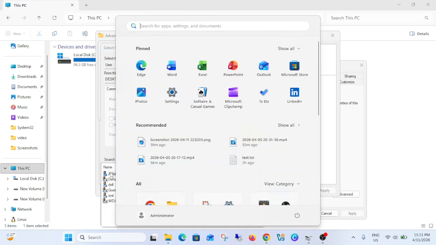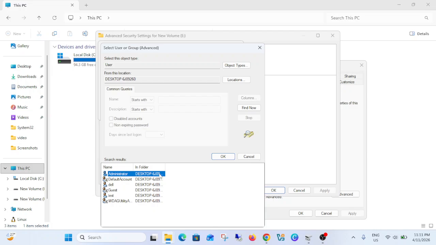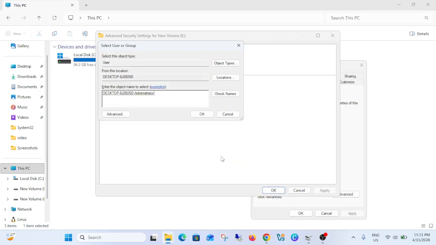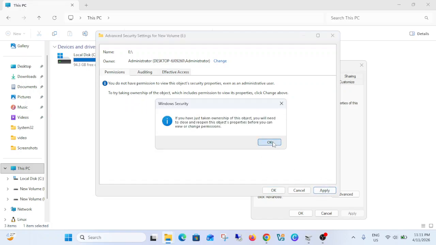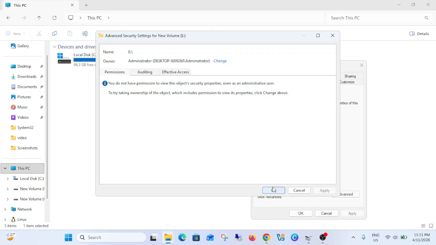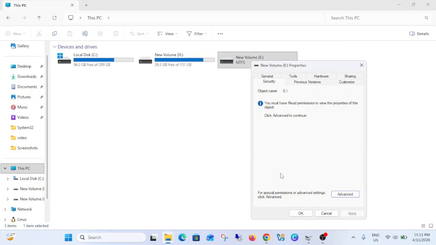Check your username. What is the username you are using? Currently I'm using this username, administrator. You can select another user on your system accordingly, then click on OK. The user is selected, click on OK. And once you see this option, you can apply the changes, then click on OK and then click on OK again. Now again open the same directory,